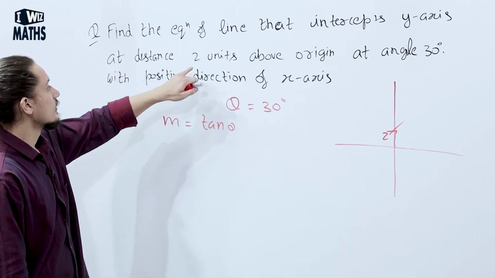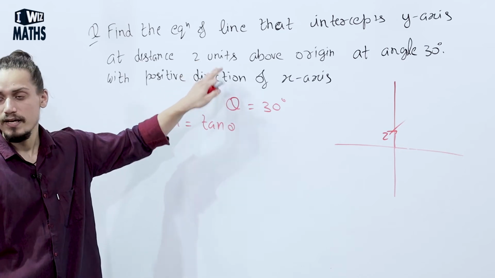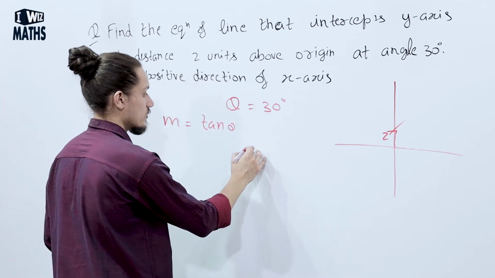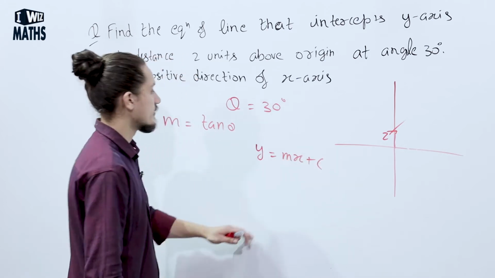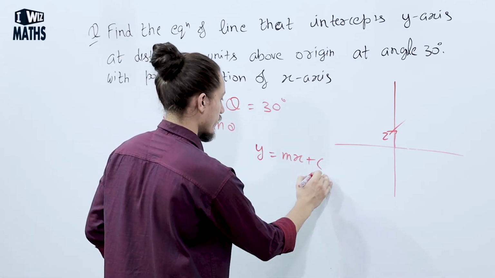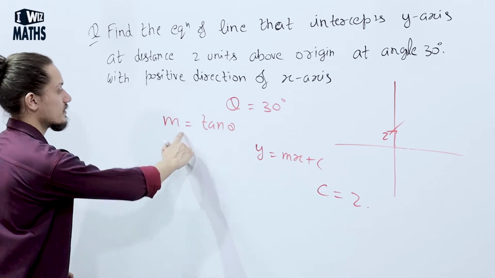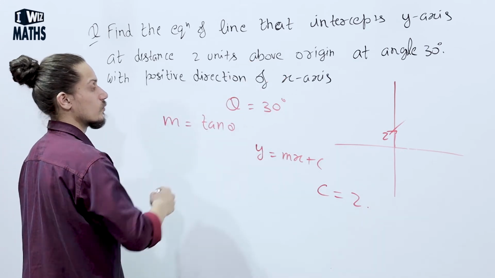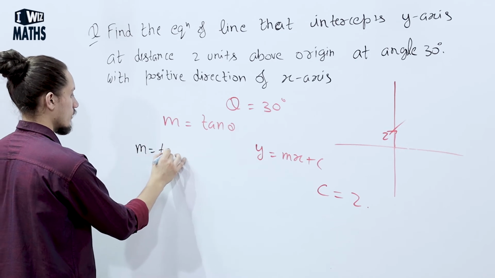Second, we have been given its distance of 2 units, so using the y-intercept form we can find the equation of line. The y-intercept form is y is equal to mx plus c. c we have seen is 2 units above the x-axis. So we get c is equal to 2. Now we need only the value of m. Now m is equal to tangent theta. Theta is equal to 30 degrees. So we get m is equal to tangent